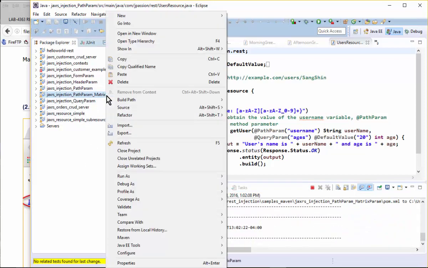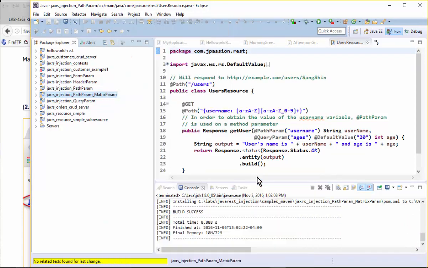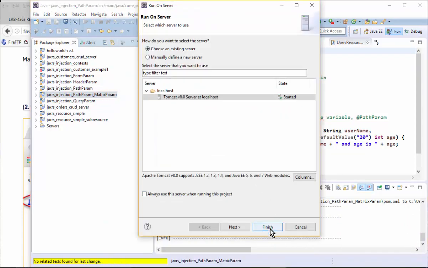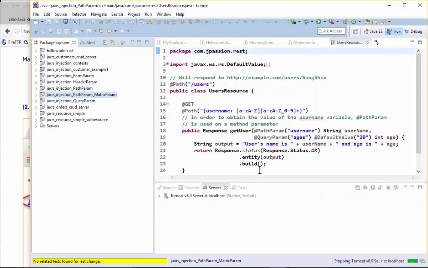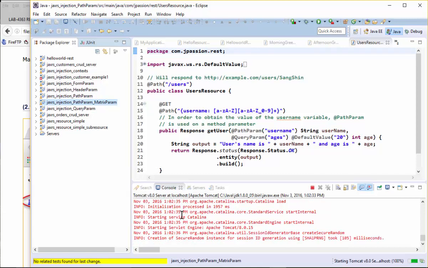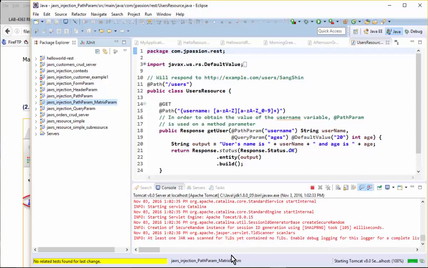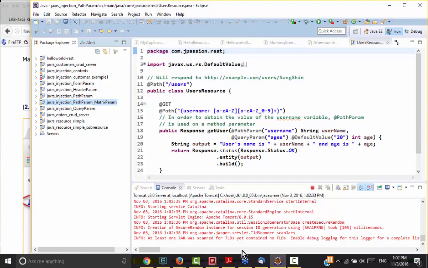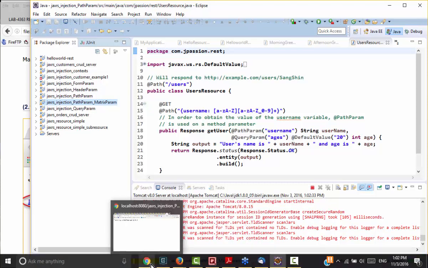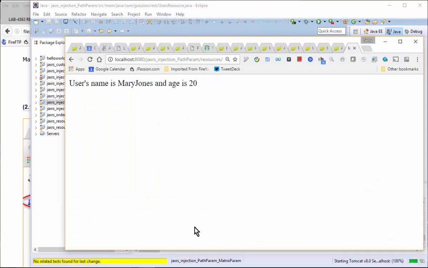Okay, now let's run the application, run on server, and start the server. Yeah, still building. It is restarting the server, and then we are going to see the URL that contains